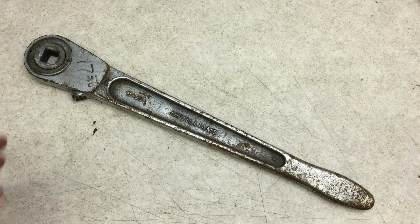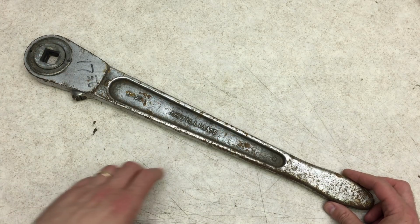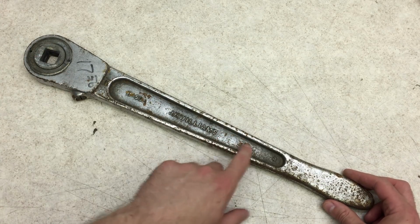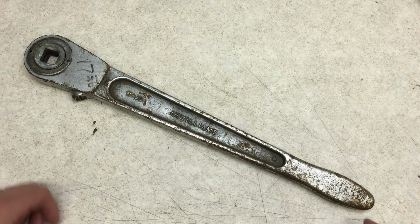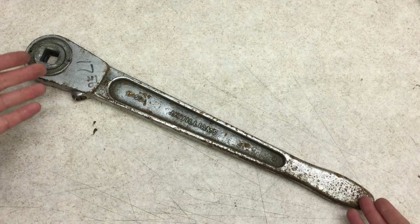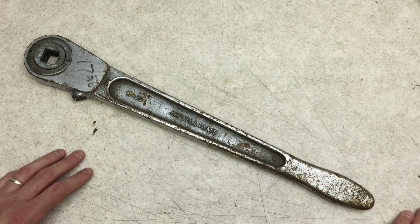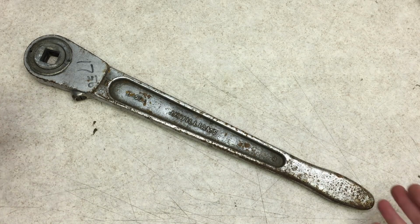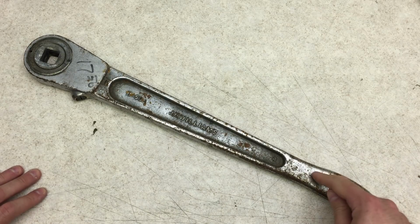So the first step in a project like this is cleaning it up. Normally I would do that by running it through my ultrasonic cleaner to get rid of all the grease. Then I'd soak it in evapo-rust or vinegar to get rid of the rust. But I can't do that here because this thing is huge. It is not even close to fitting in my ultrasonic cleaner. And short of filling a huge tub with multiple gallons of vinegar, I don't really have a way to soak